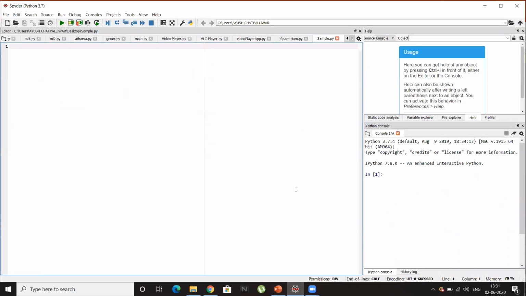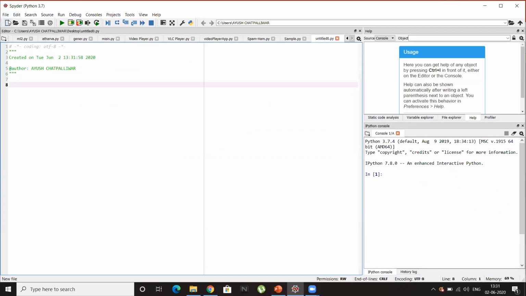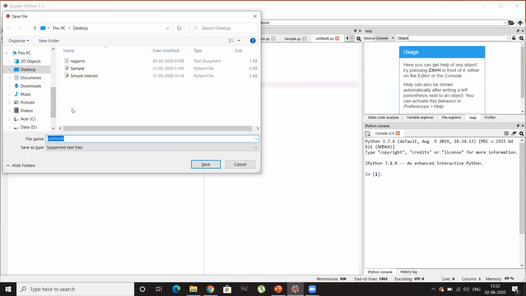Today we are again going to use the Spyder editor, and if anyone is having any kind of problem installing the Anaconda Spyder editor, they can see Dr. Nilesh Sherke sir's previous video on how to install Anaconda. So friends, I'll take a new file. Let me first save it. I'll save it simply as calculator GUI.